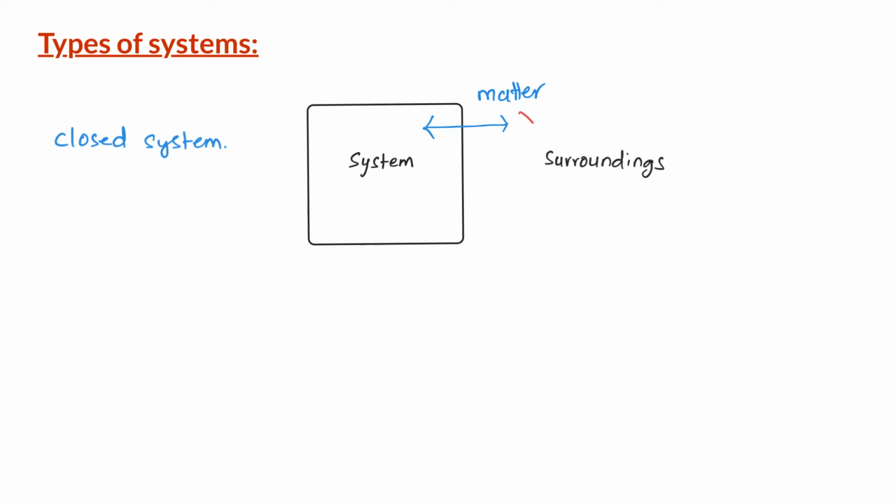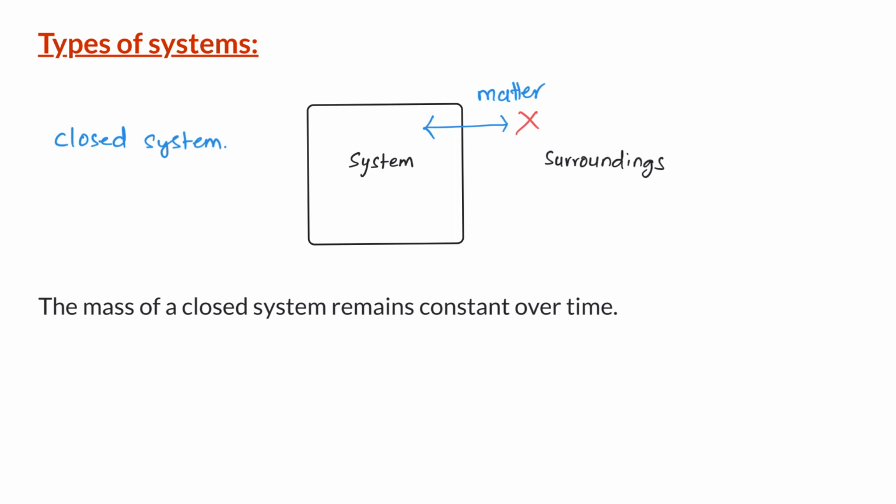That is, matter does not come in or go out of the system. Now, the question is, how can you restrict the movement of matter between the system and the surroundings? Simple answer: we can seal the container in which the system is there. Since the exchange of matter is not allowed between the system and surroundings, the mass of a closed system remains